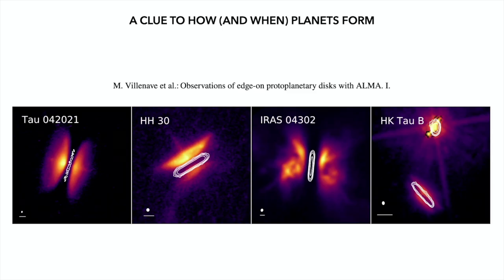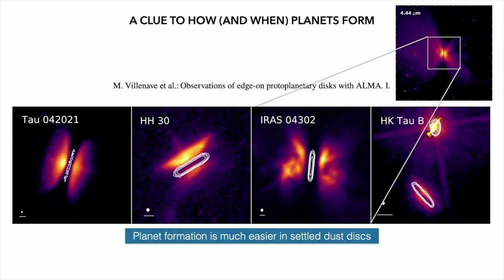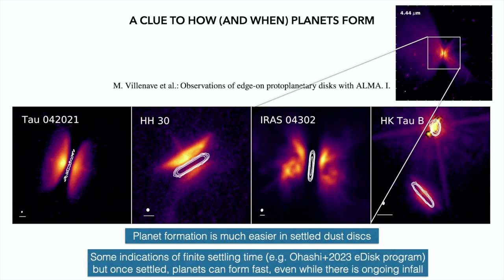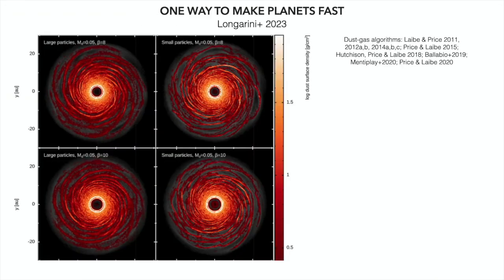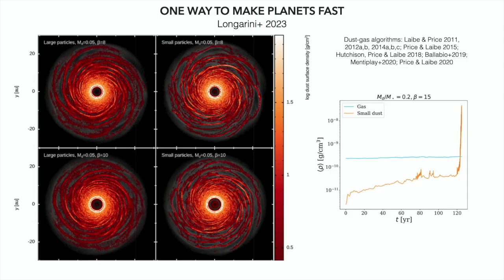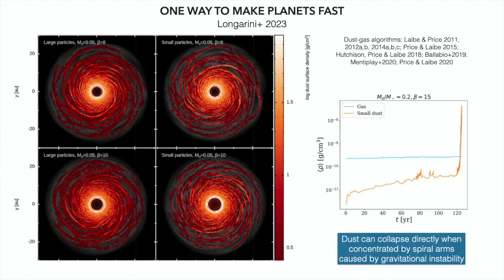Before I move on to that, there is a clue, which is that these dust disks are thin. If you want to make planets quickly, it's definitely easier if the dust is settled, and we do observe that the dust is settled. However you want to do it, streaming instability or gravitational collapse of the dust layer, it's always easier when the dust is settled in a thin disk. There seem to be some indications that it's taking some time. But if you take gravitational instability and put dust in a disk, you do find under some circumstances that if the dust gets into a thin enough disk, it can just collapse. So maybe planet formation is happening in some kind of dynamical way which would fit the observations.